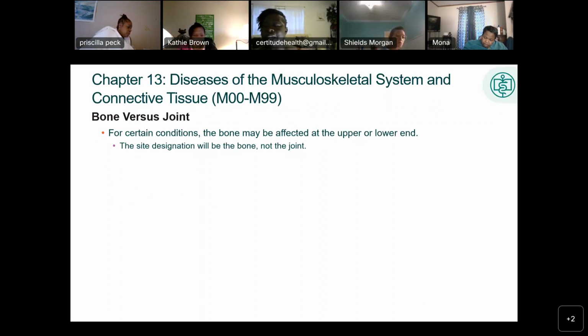If you want to, you can. It will certainly be helpful, but you don't have to because you can just look at one of the diagrams. So, for example, how it's saying the site designation will be the bone and not the joint. So, versus saying the knee in some examples, it would say the patella, which is the bone on the front of the knee,